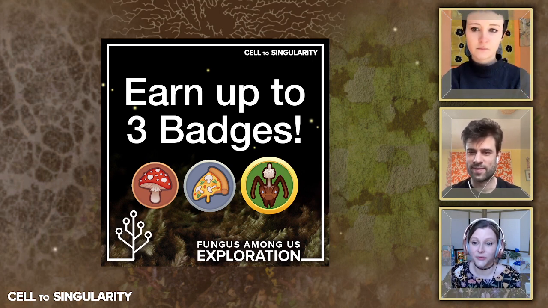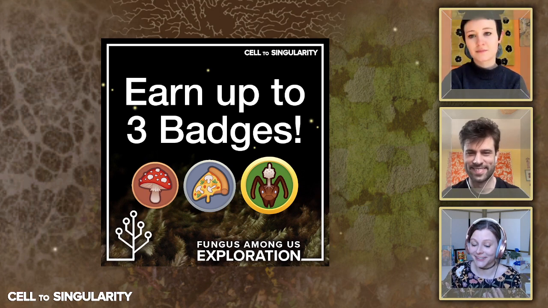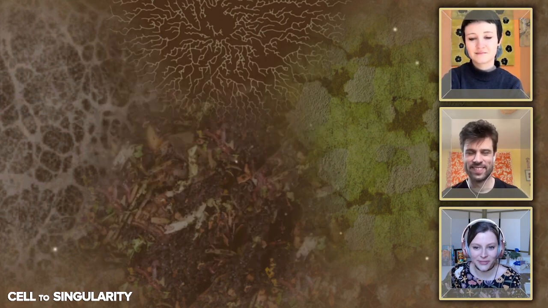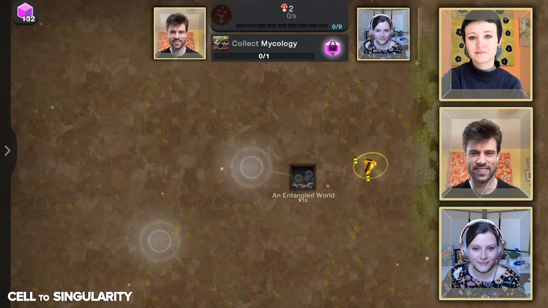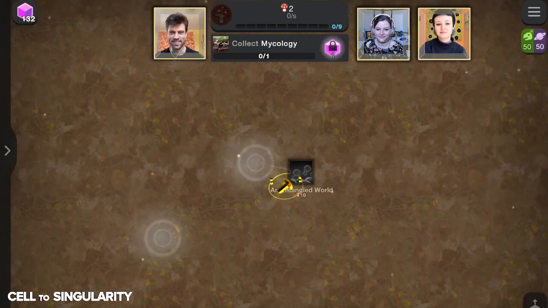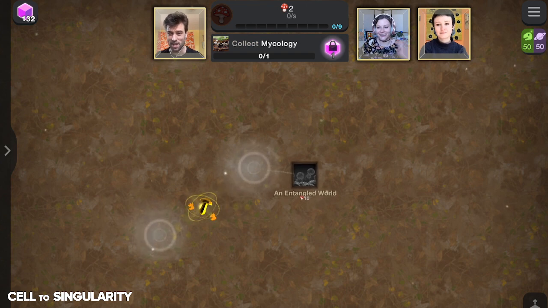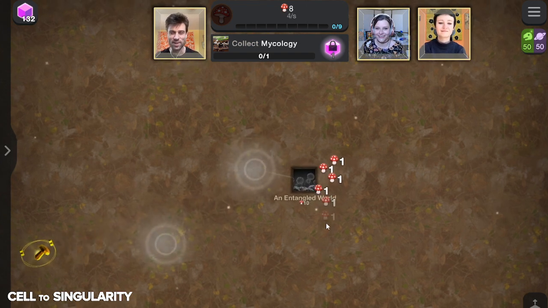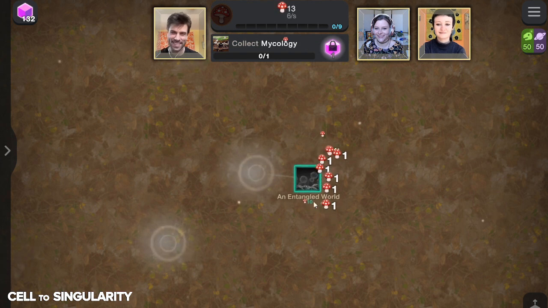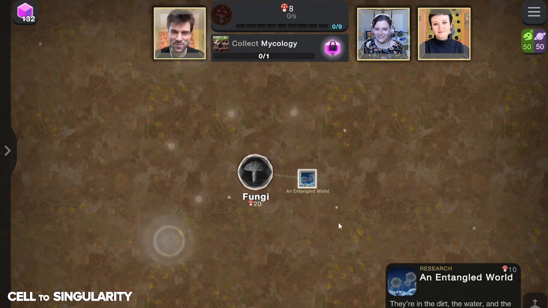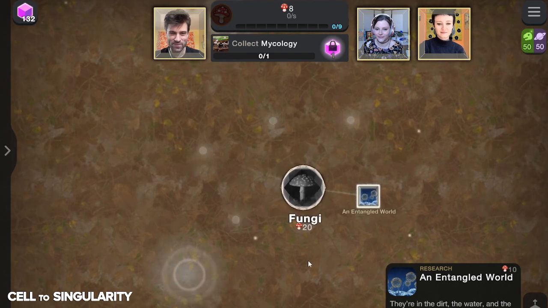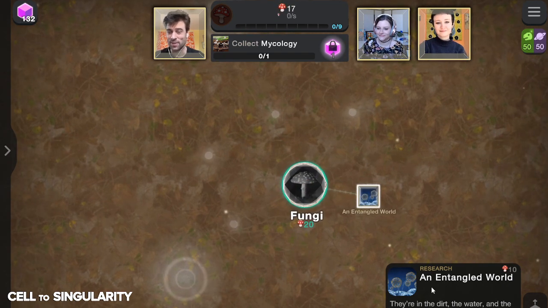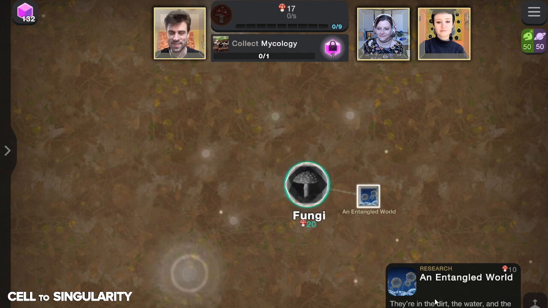But since you want to know more about mushrooms, how about we actually look at the event that will be going on starting next week? Okay, here we go. This is going to be a sneak peek of actual gameplay. Oh, here it is. Okay, so this is the game. All right, here we go. So it's our first generator already. First thing you'll notice, this is a totally different tree. This is not in the main game. This is a separate